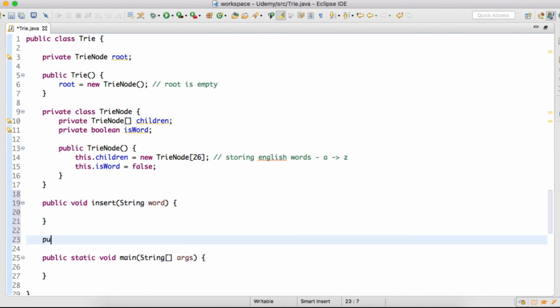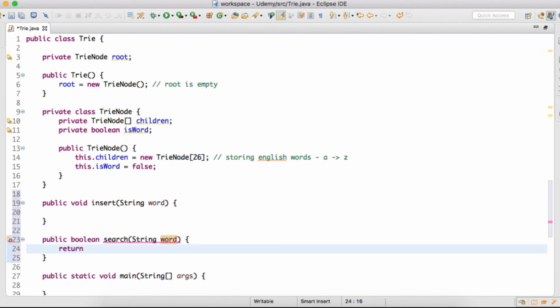We'll also discuss how we can search for a particular value, whether it's there in this trie or not. So friends, in our upcoming tutorial we'll see how we can insert a word into this trie, and we'll also see how we can search for a particular word in this trie.